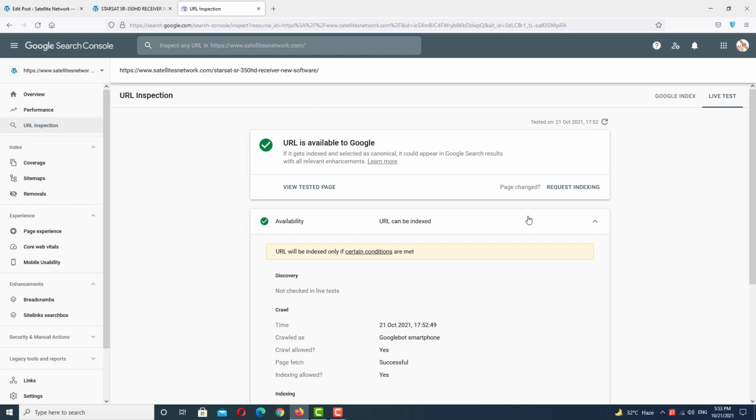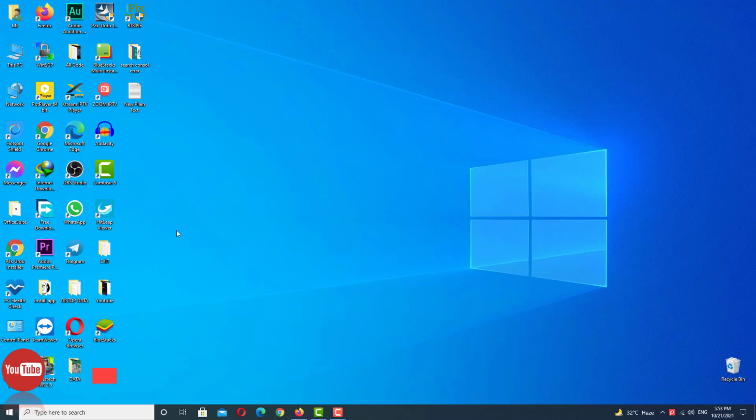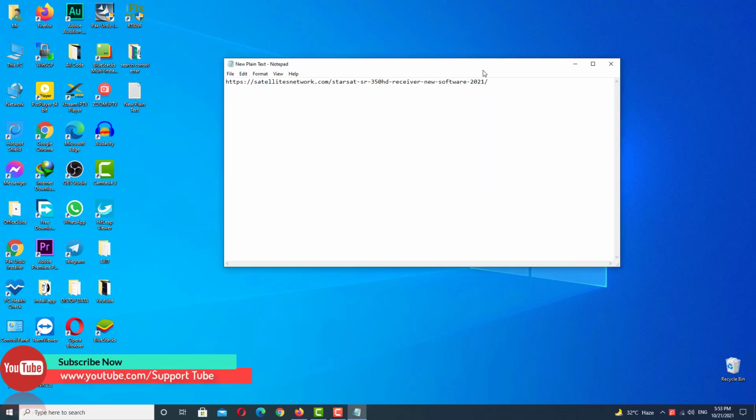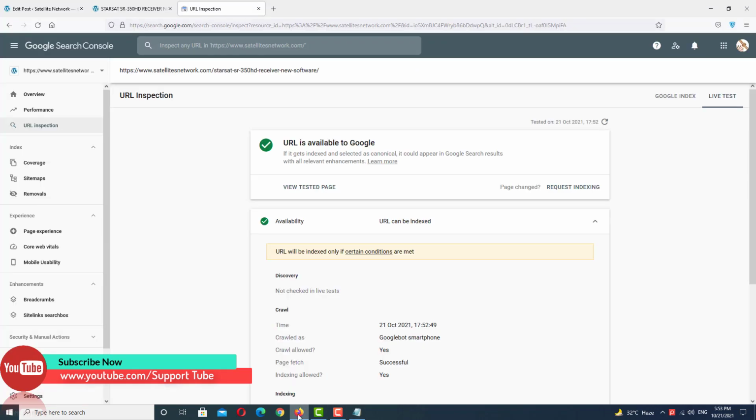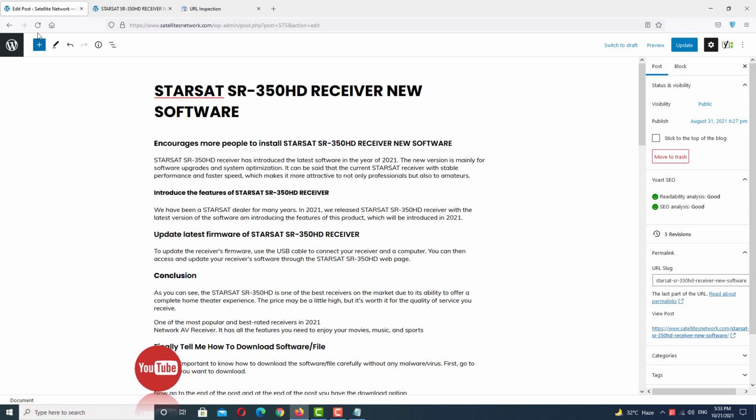But now we are facing one other problem. Our old URL is already in the Google search results, and we don't want to lose that traffic. So I want to fix that problem. First go to the URL. This is the old URL we already copied,